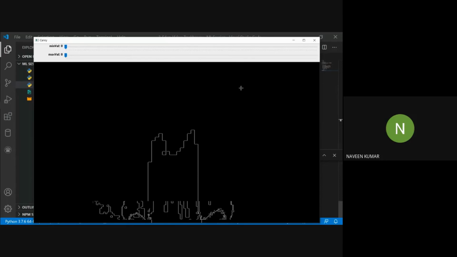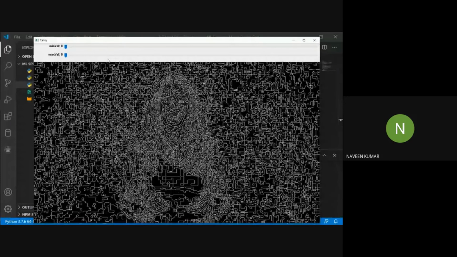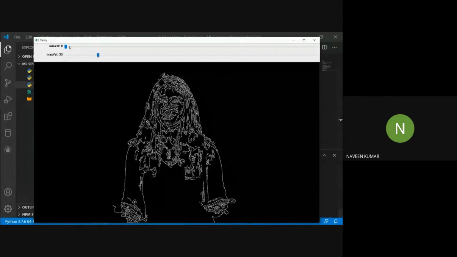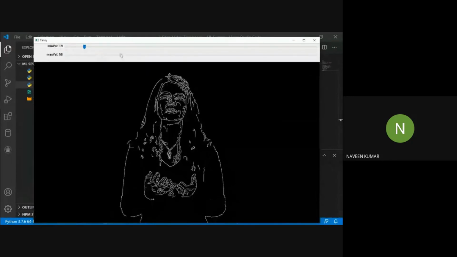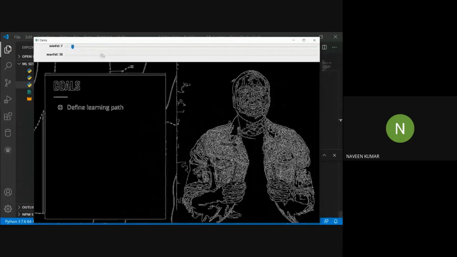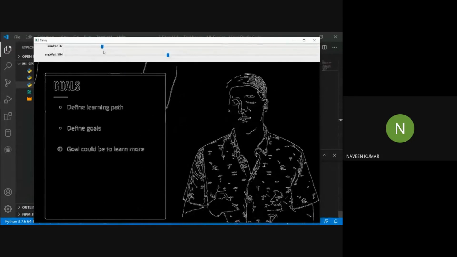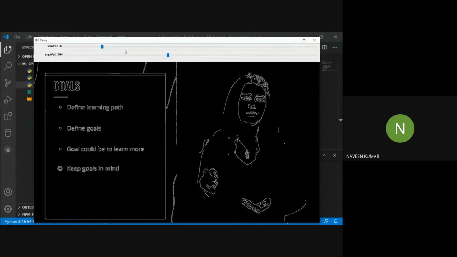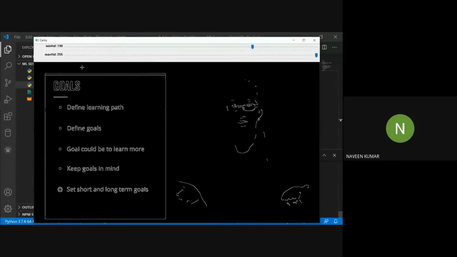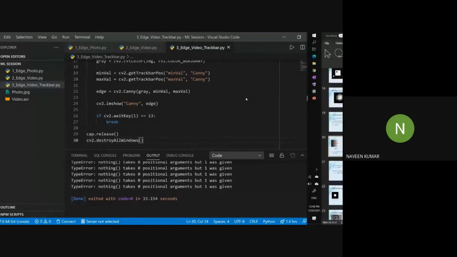So here we can see that we have two track bars, minval and maxval, and they are set to 0 by default. We can try changing these values and we can clearly see the output here. So we can try random values easily here. That's it.